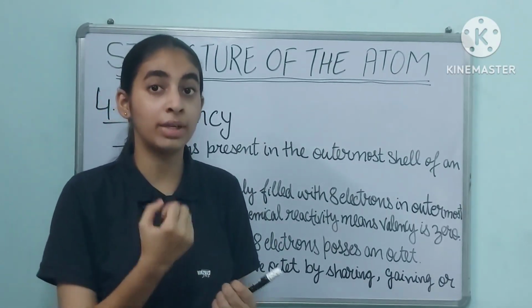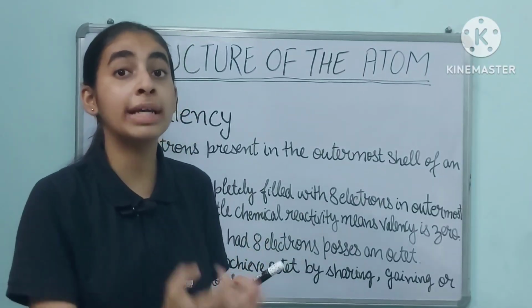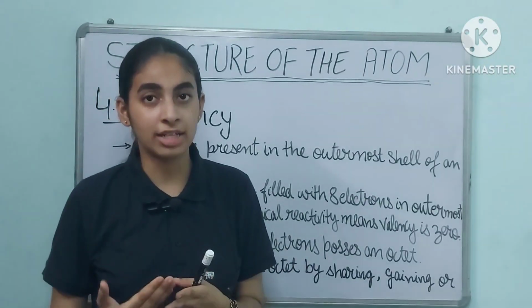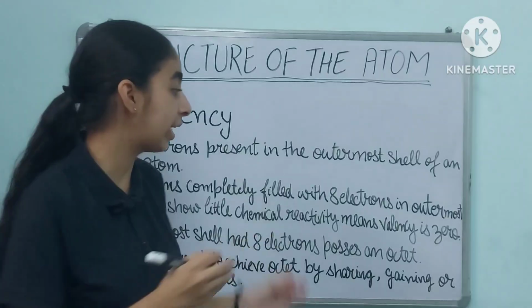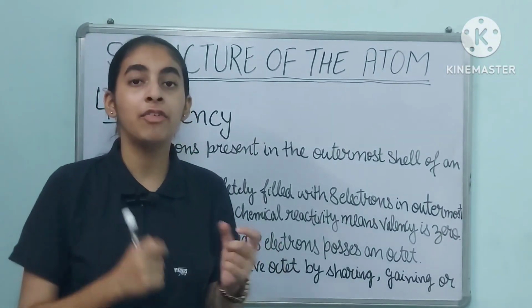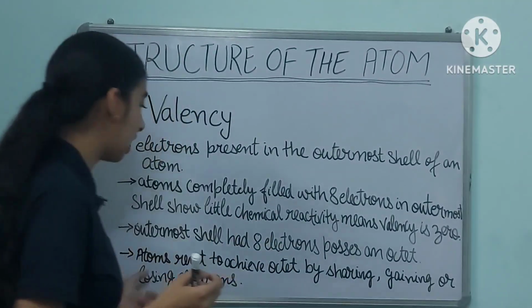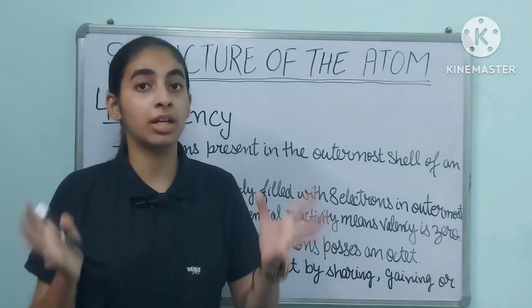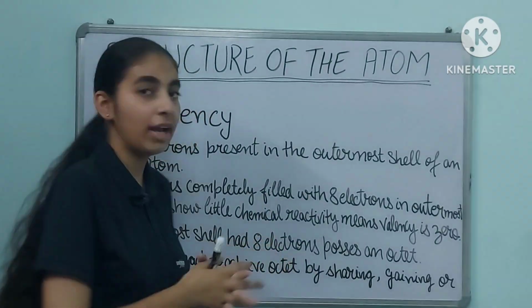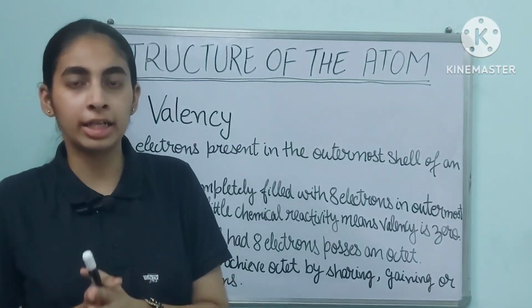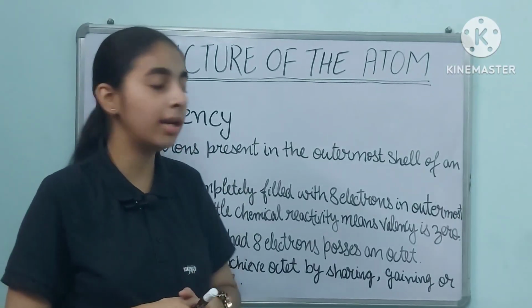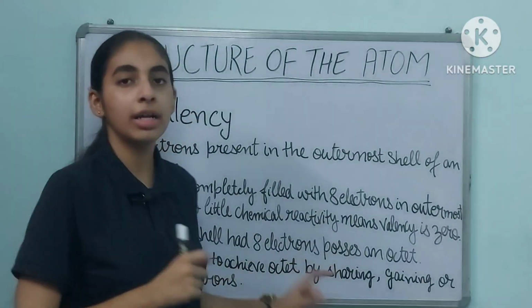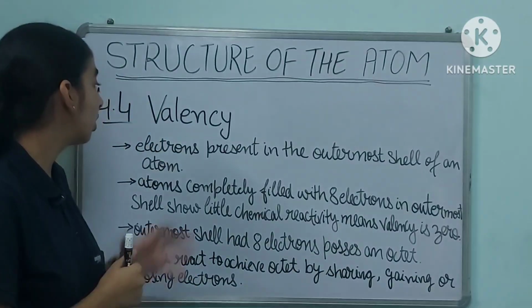If you're taking something from someone, or you're gaining, that will form a negative charge, right? You can remember from this trick that if you're gaining, a negative charge will come. If you're losing electrons, then a positive charge will come. And sharing is done in the case of carbon. In carbon you will read in detail in that chapter why sharing is done in carbon, not in other atoms. In other atoms also sharing is done, but basically we read about carbon. Sharing is done, right? So this was valency.